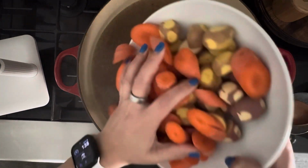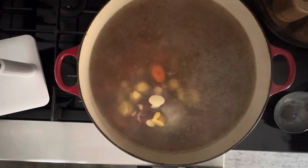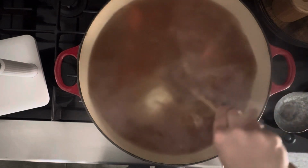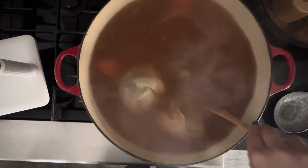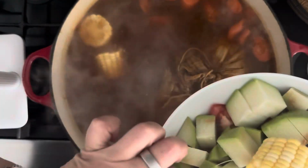And then we're gonna start adding our vegetables slowly but surely. These are gonna be the vegetables that take the longest to cook, so the potatoes, carrots, and celery. What we're trying to do is avoid any type of mushy vegetable, and if you start to throw in your squash, it's just going to be overcooked and really dissipated. So we're going to cover it, let it cook for 10 more minutes, 15 minutes,